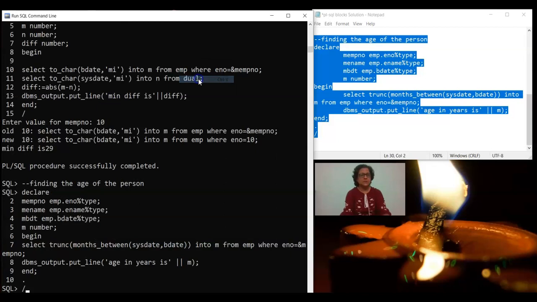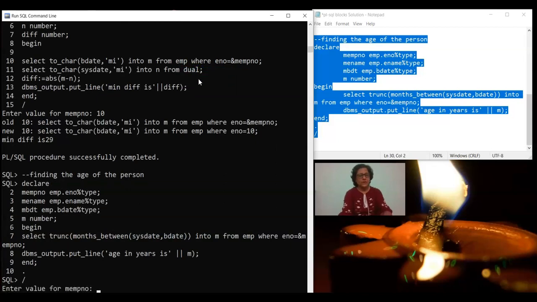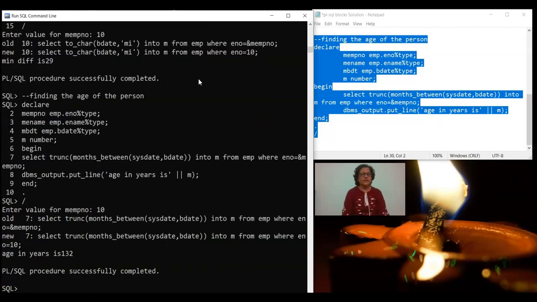Just a minute. And if I give here, it can give me 132. Now it is not age in years, because I removed that divided by 12. So it is age in months, 132 months.